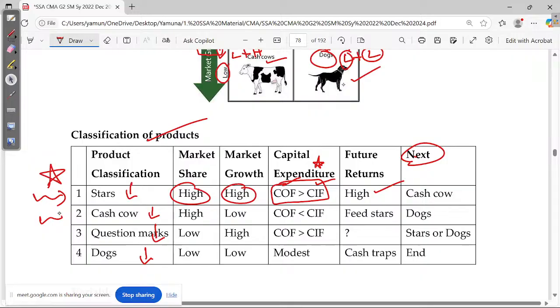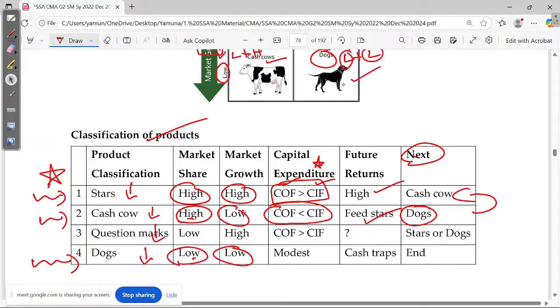Now if you are in a cash cow position, definitely this is high and this is low. So cash outflow will be lesser, and cash inflow will be more, because you have already given the base while you were a star. And you have to feed the stars. Because of this product only, you are feeding the stars. So at the next level, you have to bark and show I'm there, please respond to me also. So actually, this is the next level.